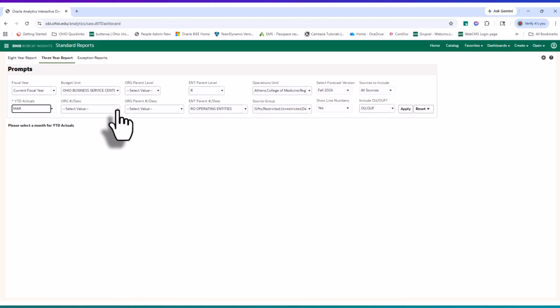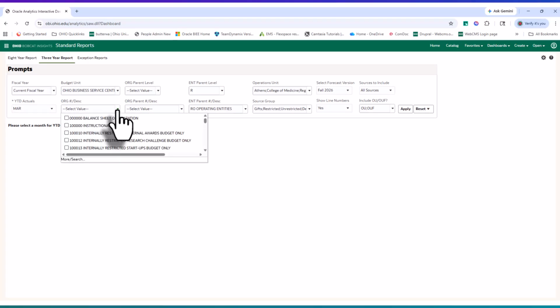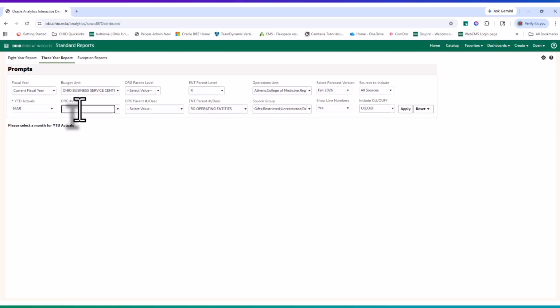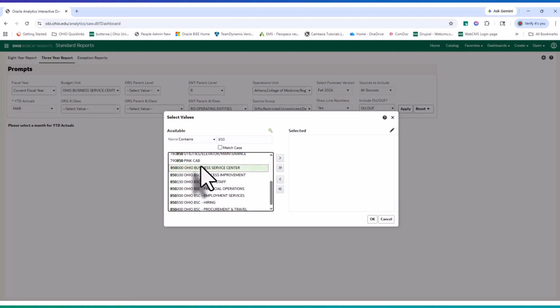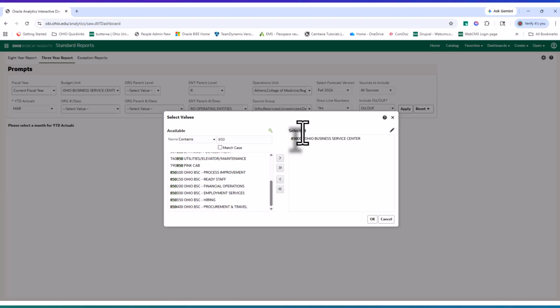The next selector is the org number description. The org number description breaks down each unit per organization number. If you want to select more than just one organization number, you can actually type up here the organization number that you'd like to choose, and it will bring in any organization number that will have those numbers in it. Or if you want to select multiple organization numbers, you can click More, and then again, start typing in the number in which you're wanting to select, and you can select one and move it by clicking the arrow to the right, and it will throw it into the selected box.